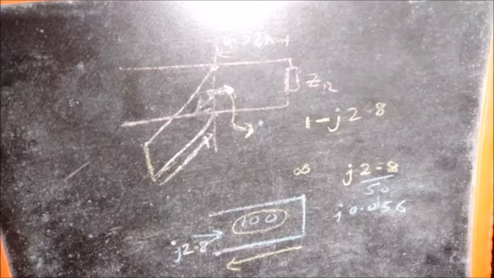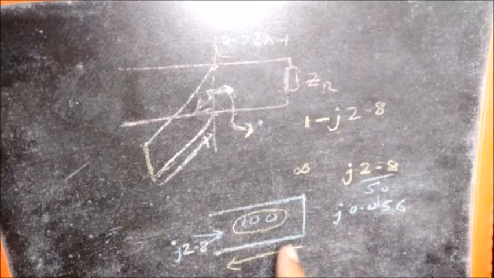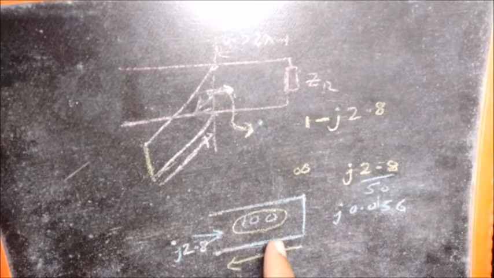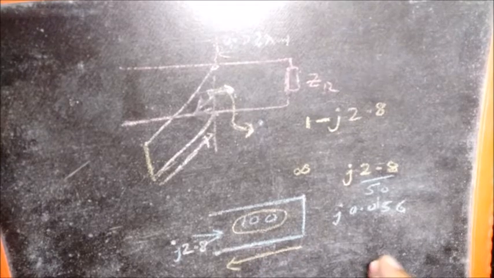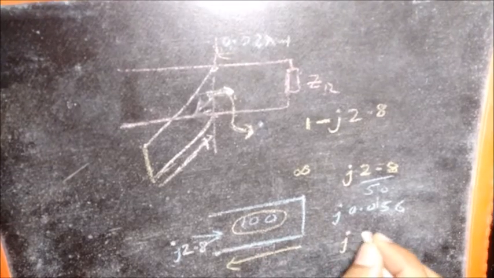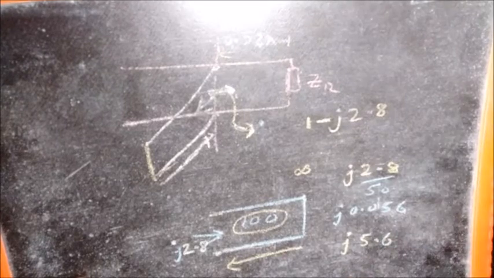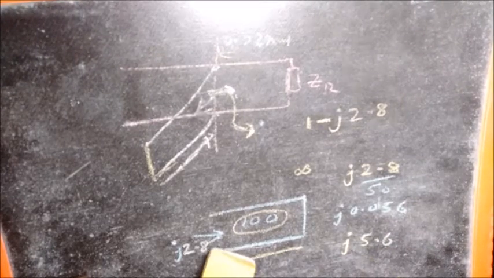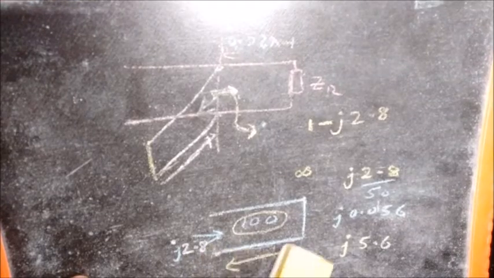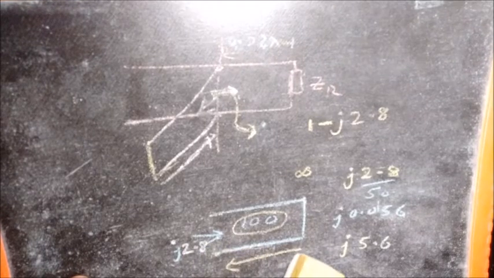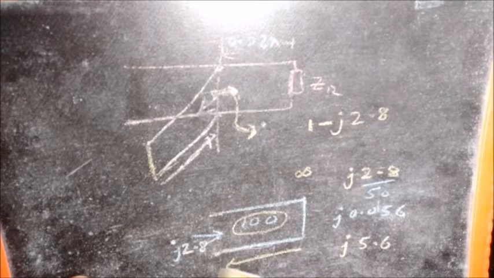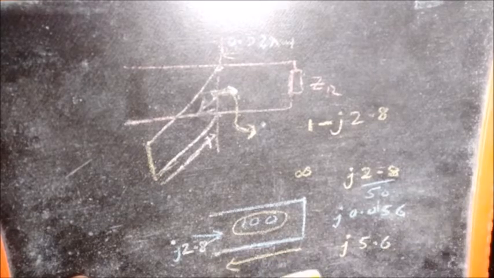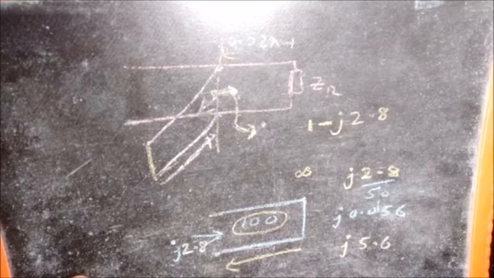That will be the actual required admittance. Now we have to normalize it with respect to the conductance corresponding to 100. When we do that, we get the result as j5.6. So j5.6 is the normalized admittance required for this stub, and we have to find out how far away we have to move so that it is j5.6.